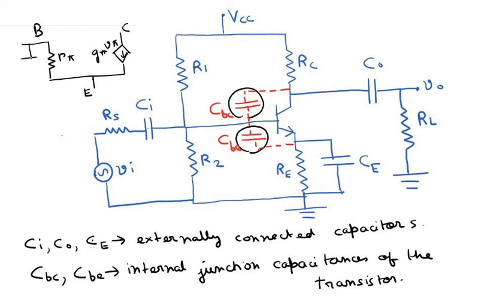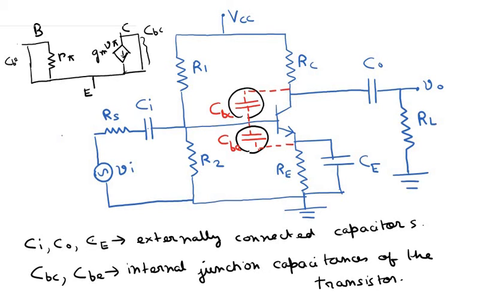Now, if these two capacitors CBE and CBC act as short circuits, these two capacitors basically come in parallel with R pi, CBE, and with this dependent current source, CBC. If these two capacitors act as short circuits at very high frequencies, then the AC component of the voltage drop across R pi basically reduces to 0. So GM V pi would also reduce to 0, and then this GM V pi would entirely flow across this short circuited path over here.